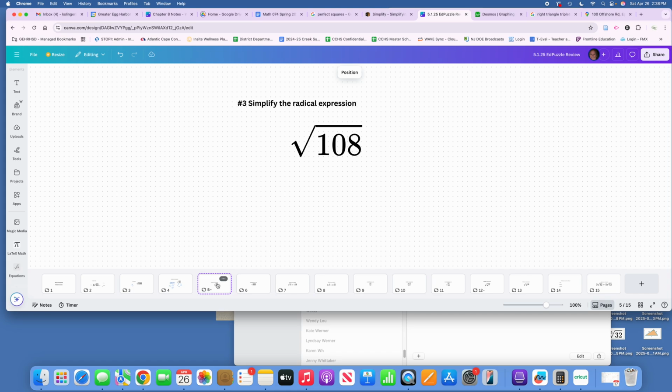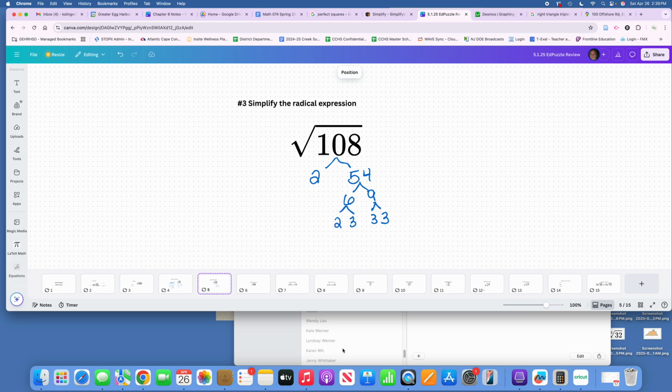Simplify the radical. Okay, so what if you don't know what the perfect square is? Again, you can just write it in primes. So I know this is an even number, so I can divide by 2. 108 divided by 2 is going to be 54. Okay, so now I need 2 factors of 54. I know that 6 and 9 are factors of 54. Okay, I know that I can break down 6 into 2 times 3, and I can break down 9 into